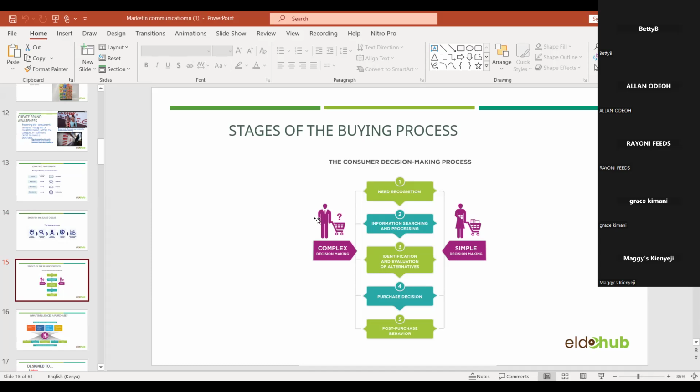And each of these stages requires different types of communication to get the customer along their journey. Because when a customer is maybe considering buying your product, you have to convince them, you can try this, and this is good for this. So every stage of them reaching to buying your product requires different types of communication or different tools that you use for them to be able to buy your product.